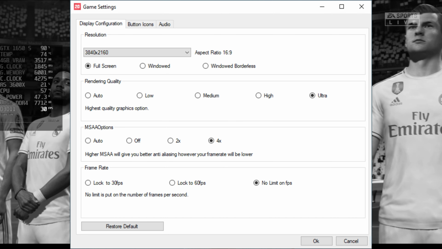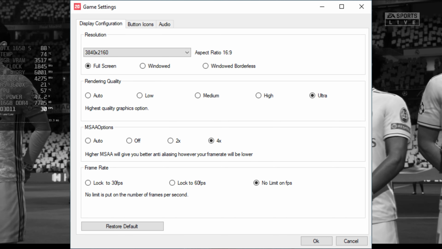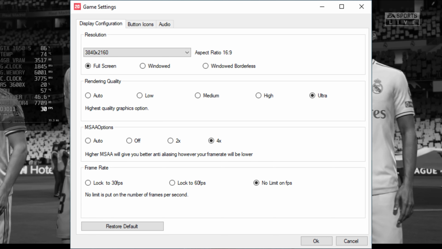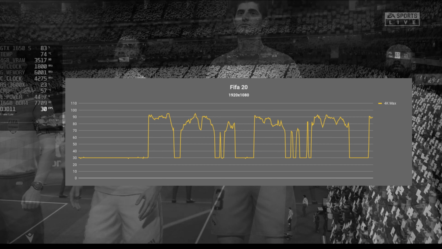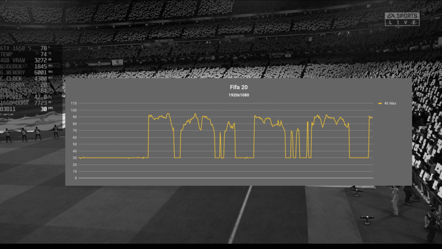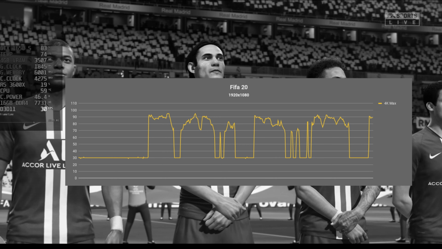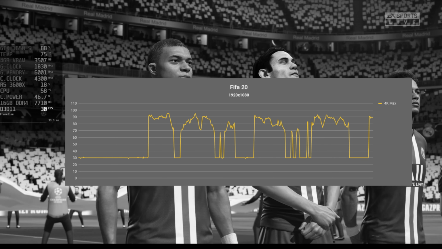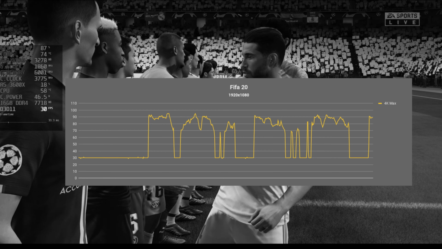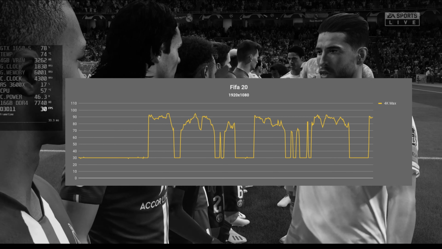So that's why I decided to go to the settings of the game and push it to 4K, push the rendering quality to Ultra, push this insane MSAA option to 4 times, and no limits on the frame rate, because that's how we should test the game. What I've noticed so far is that during gameplay the performance was above 60 frames per second. In fact, it was above 70, giving us some overhead in case something goes wrong with our graphics card. So what you will get essentially is an experience above 60 frames per second during the gameplay,